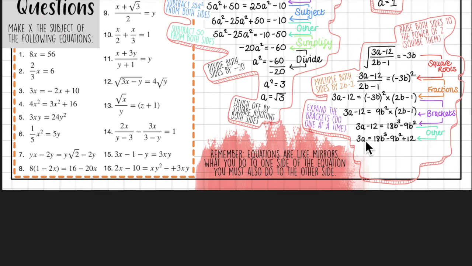We all know what to do. You need to divide by 3 on this side, and what you do to that side, you have to do to this side. So we divide by 3. So you get A is equal to 18b cubed minus 9b squared plus 12 all divided by 3. Now you can simplify that a little bit further to get A is equal to 6b cubed minus 3b squared